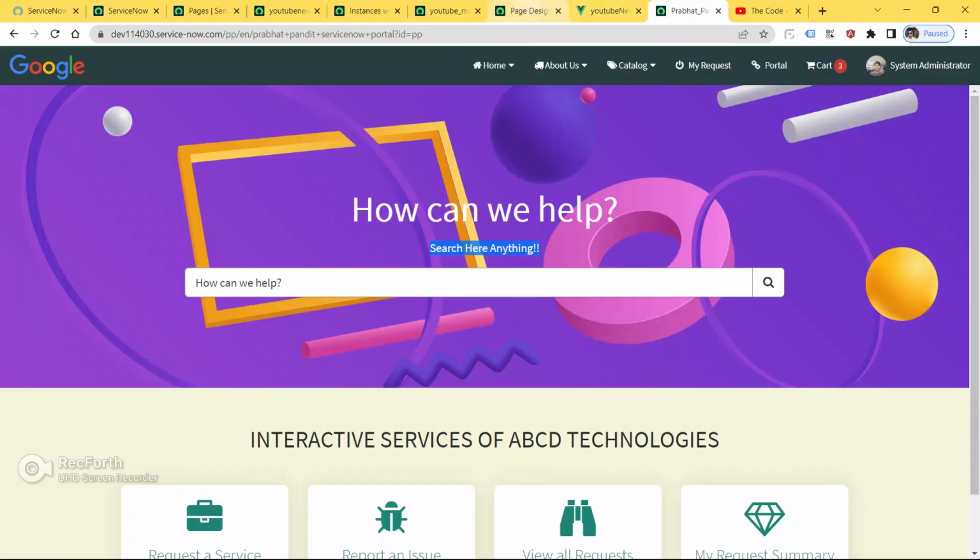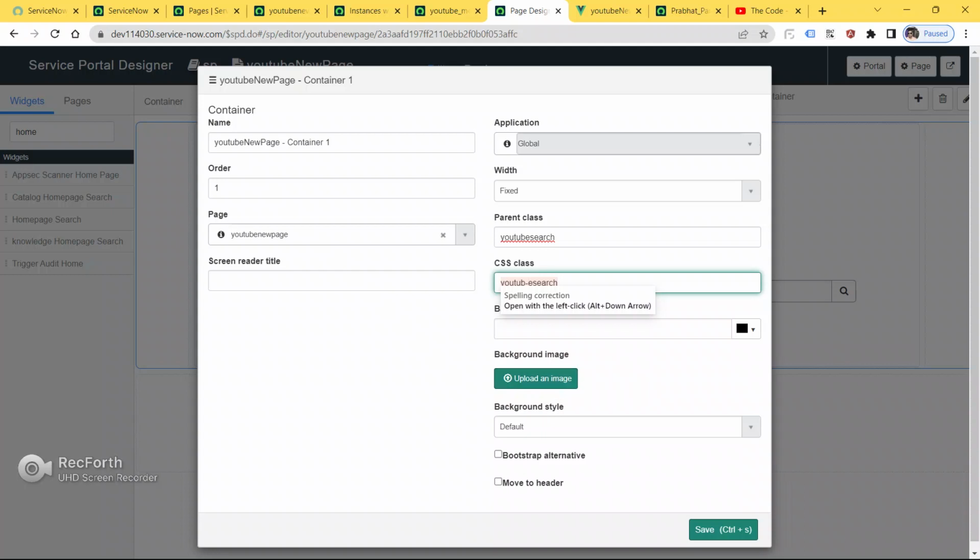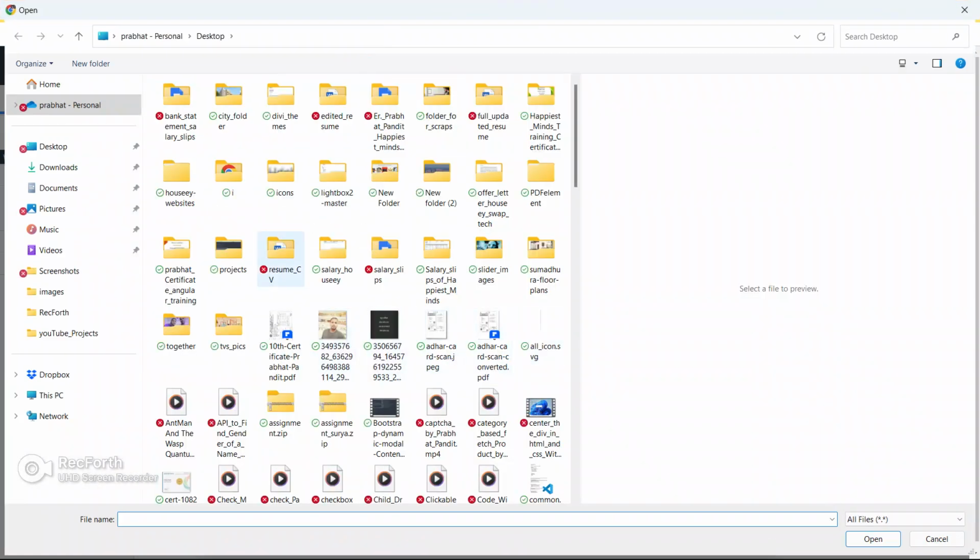I'm going to change the background to this image. As you can see, there is a background image field and a button called upload image. So now I'm going to click on the upload image button.